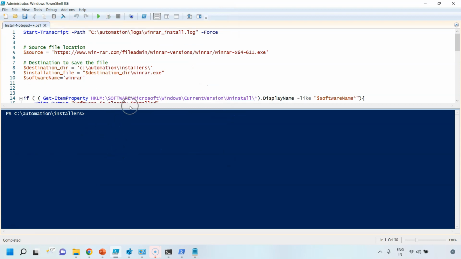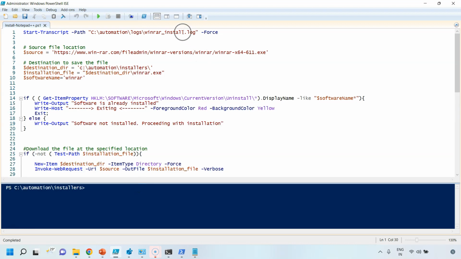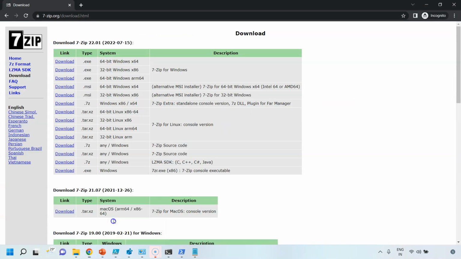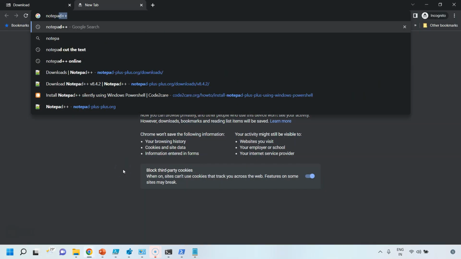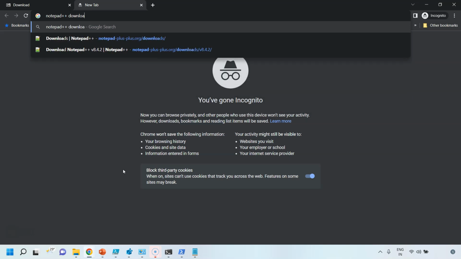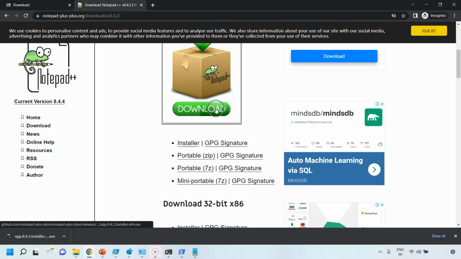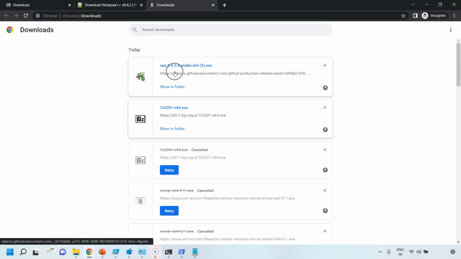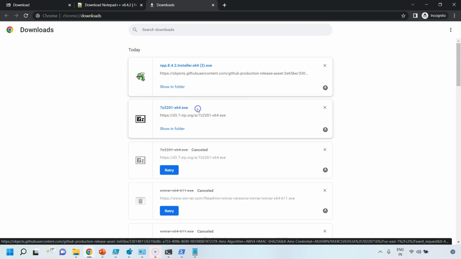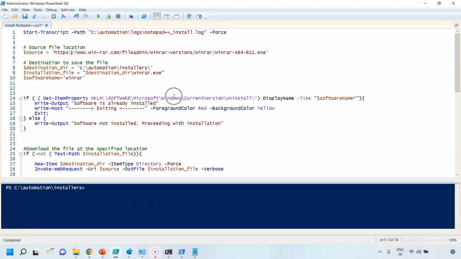It is the same script, we just have to make minor tweaks here and there. So this time I want to name the log file Notepad++, indicating this software installation. And we have to grab the Notepad++ installation file. So I am searching Notepad++ download. I am clicking here and then the download button, and clicking on this button triggers the download of this file. So I can just go to the downloads and grab this link, copy link address, come to PowerShell and